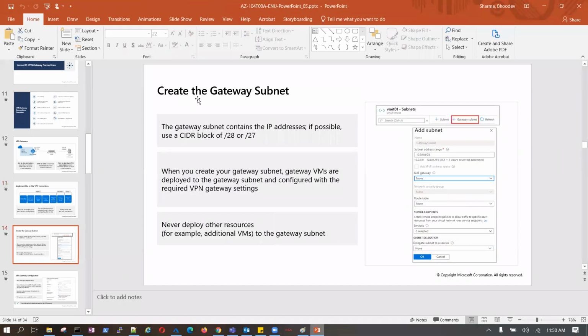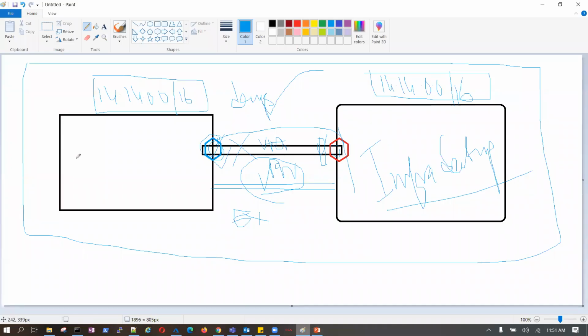Create the gateway subnet for certain resources. Okay, a separate subnet, an isolated subnet, or a dedicated subnet is mandatory. Means if I need to create a network gateway, or I need to create a firewall.